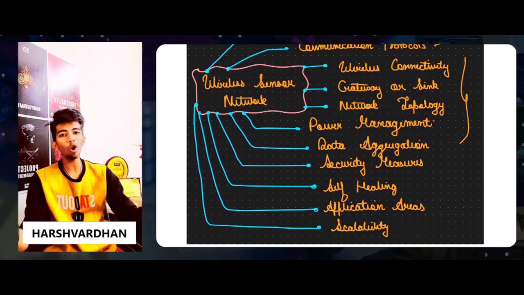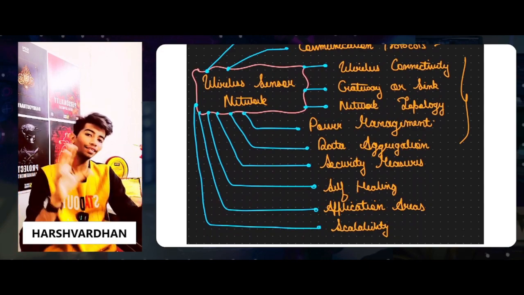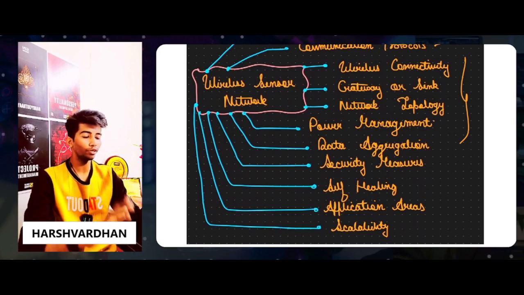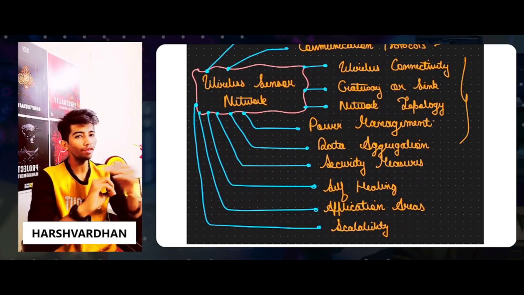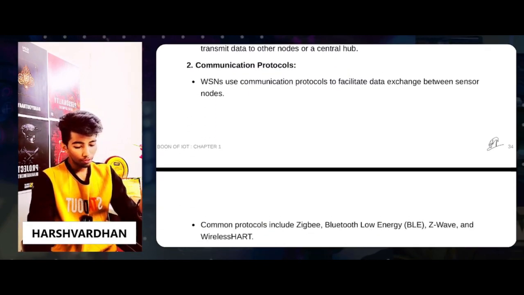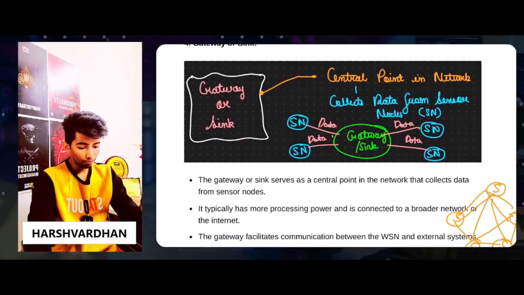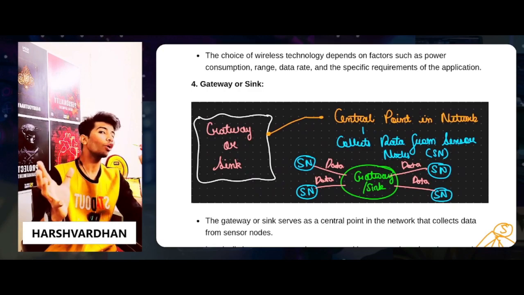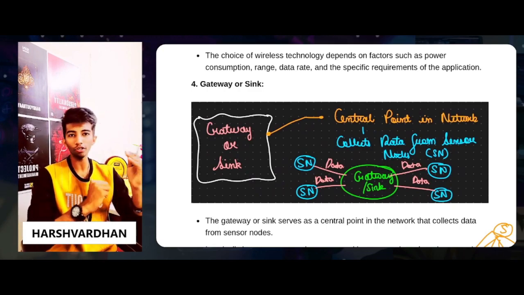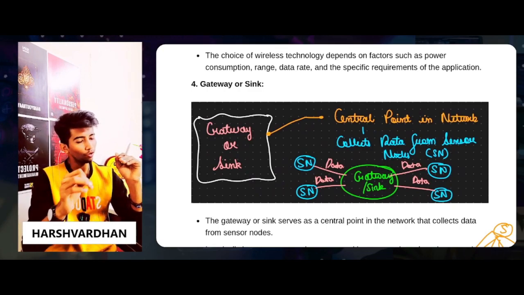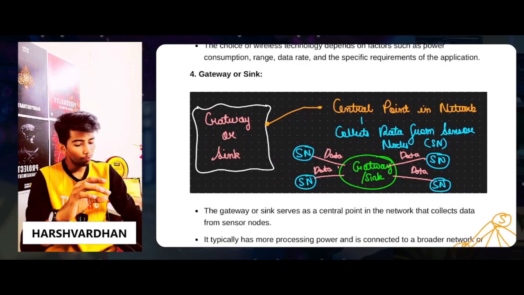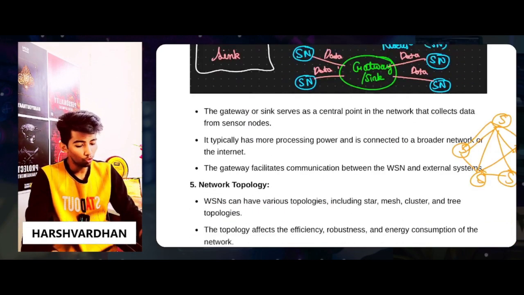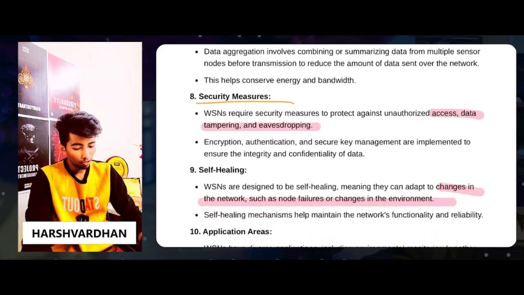A simple, complete IoT network is designed like this. You can take a quick screenshot because it will be very easy to understand, right? Gateway, just understand what a gateway is. I will just point out some important terms because you can read them out, it's very easy to understand. Gateway or sink is the central point where all data comes from the sensor nodes. This is called the gateway or sink.